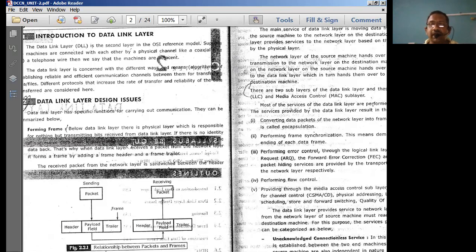So throughout our entire subject, our main agenda is to transfer the data from the source computer to the destination computer. That is the agenda of the entire data communication subject. But the only thing is that in the appropriate layers, what kind of information you're really transmitting is the point of concern for us.